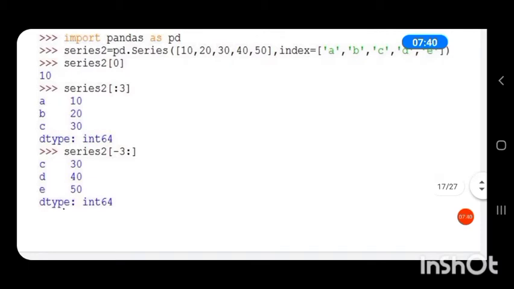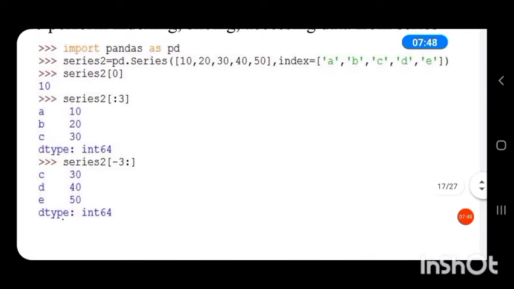Since stop is not given, from minus 3 to the end of the list. If stop is not given, then the whole value in that list from the start till the end of the list will be considered. So from minus 3 to the end of the list. The end of the list has values 30, 40 and 50.